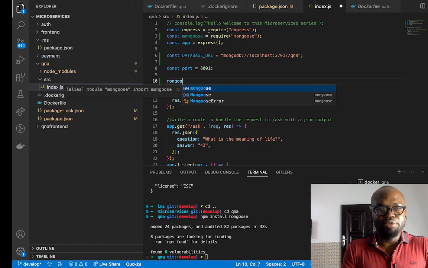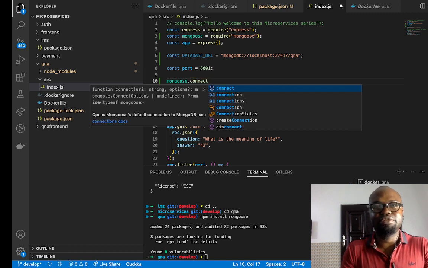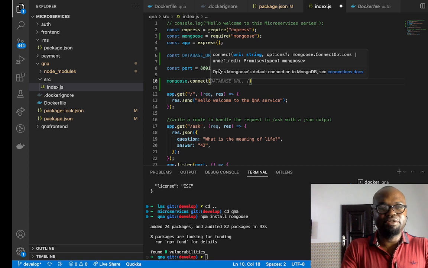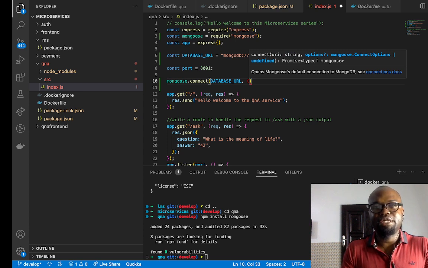So I can say mongoose dot connect. So that's how you connect. Say mongoose.connect, then inside brackets you're going to write the database URL. You can see it's already written for me there. So I write the database URL. Then I can also take up the optional